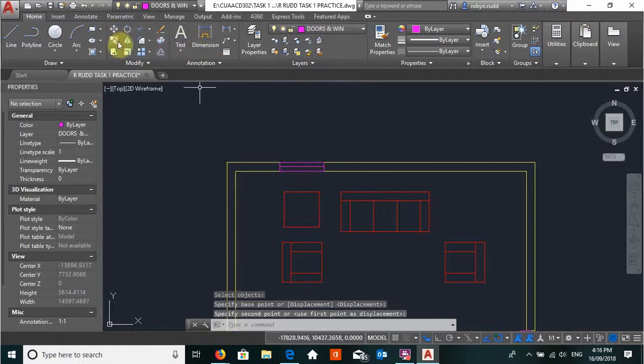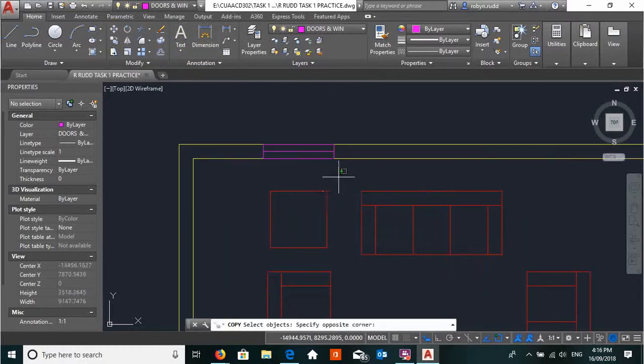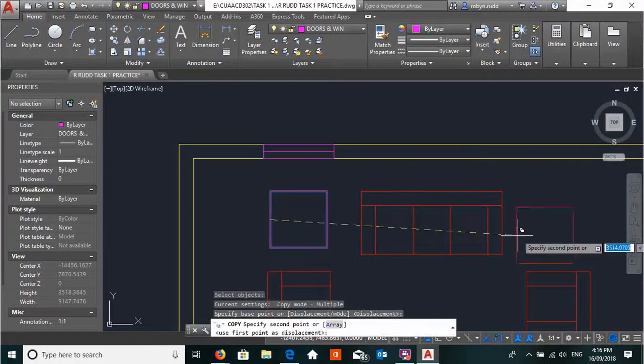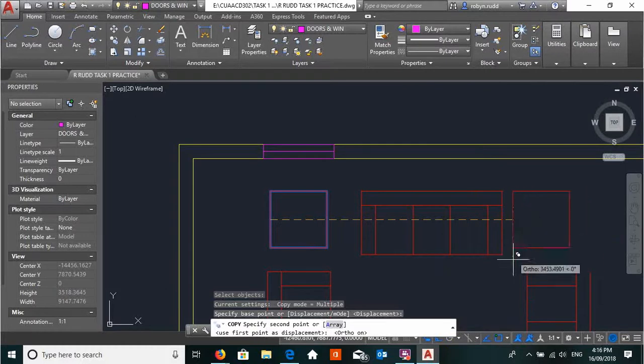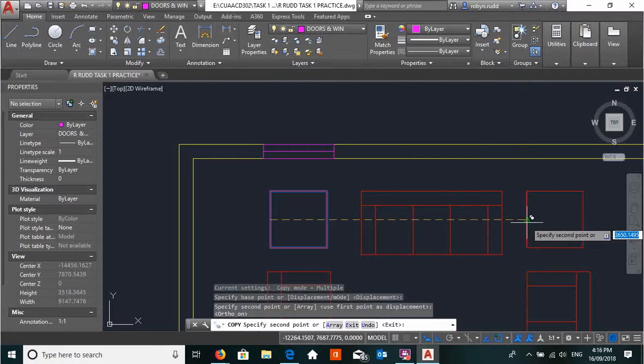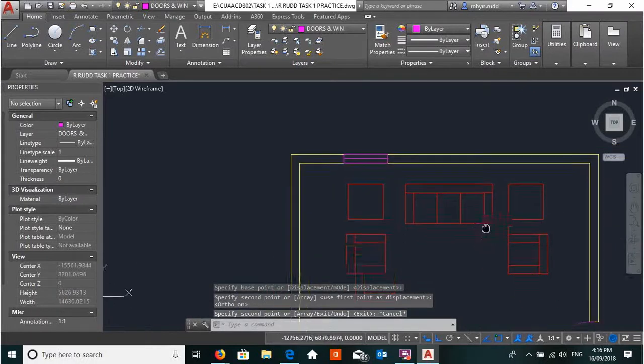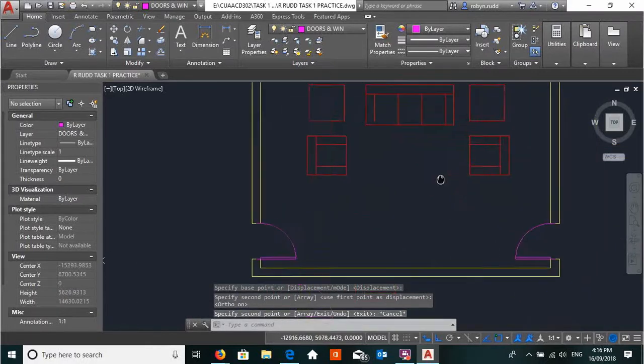And now we're going to copy that. Copy, enter, and let's move it along in. I use my ortho mode again just to get that straight on and line it up there so that it all lines up. Alright, so now that I have that all in position,